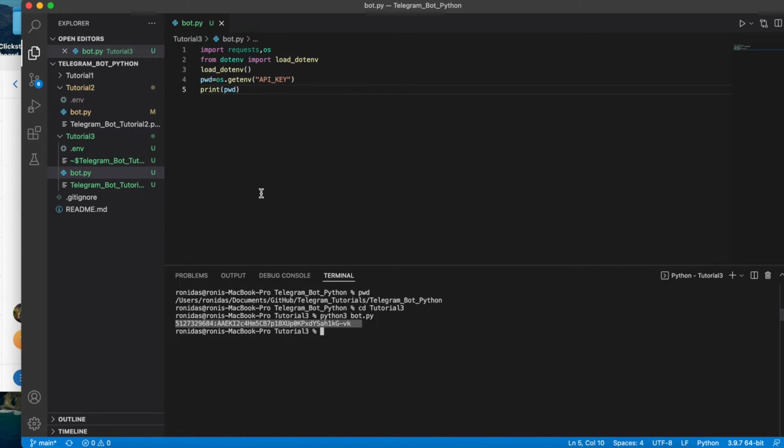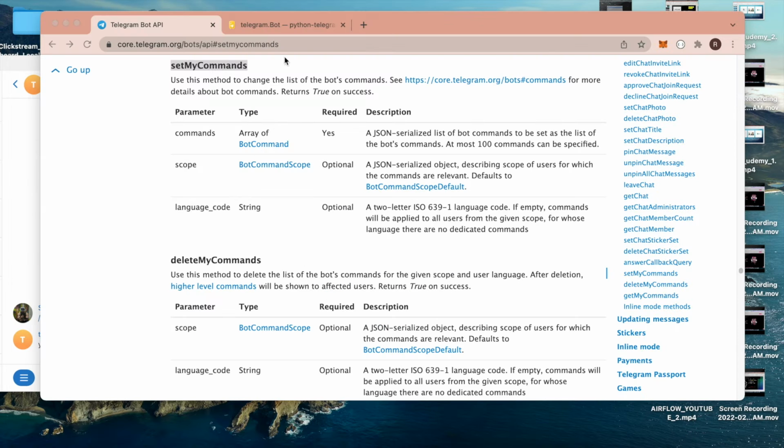So I got my bot token. Now you have to set up the URL and other steps. Where is my URL? Just minimize it. Okay, so the URL will be something like